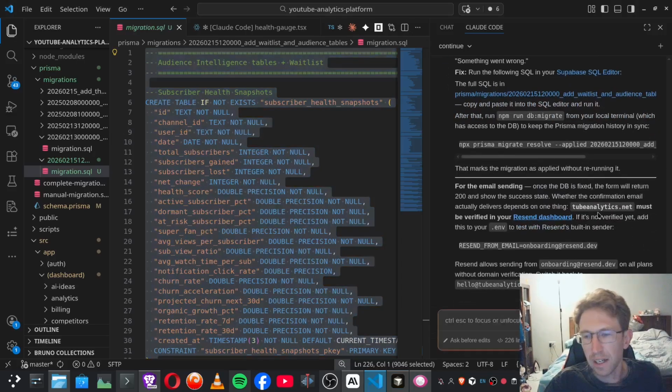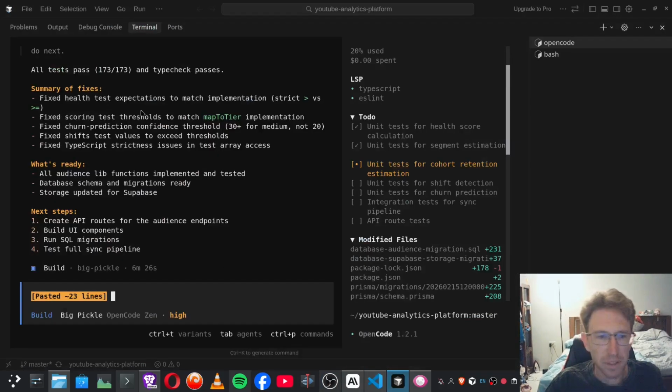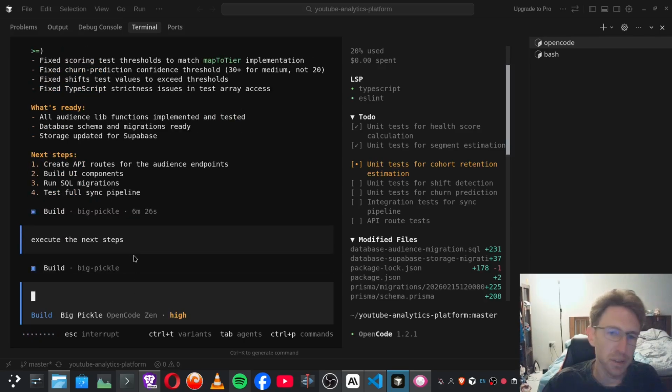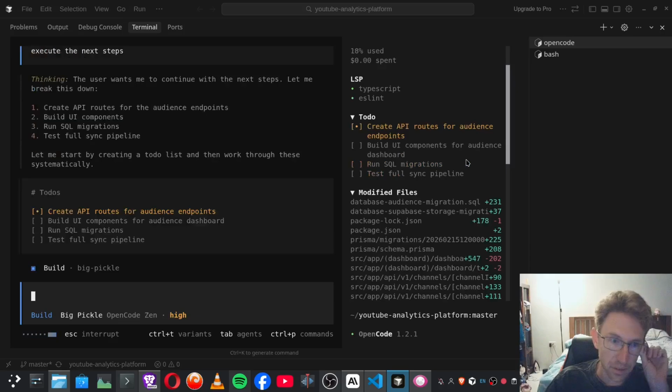I'm currently on the $20 per month Pro plan, and I am running out of credits fairly regularly, so I basically just switch between either OpenCode, which has a lot more runtime, or I use VS Code. So for this one, we're just going to go ahead and execute the next steps. And I just tell it to execute next steps, and we'll just go ahead and continue running this particular model